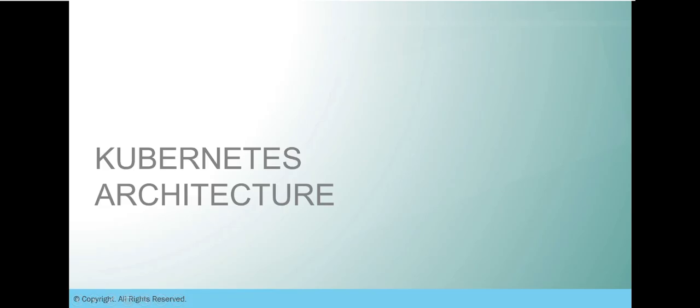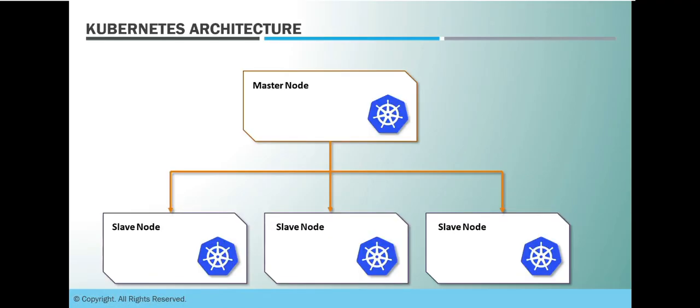So let's see how Kubernetes architecture is designed. Kubernetes actually works in master-slave mode, where we have one master VM, one master node running, which is called the control plane, and from where we manage all the deployments, services, and configurations on our connected slave nodes. Slave nodes are also called worker nodes. So what is the role of slave nodes here? Slave nodes are the VMs where we deploy our pods. What are pods? Pods will actually have our application deployed in terms of microservices.